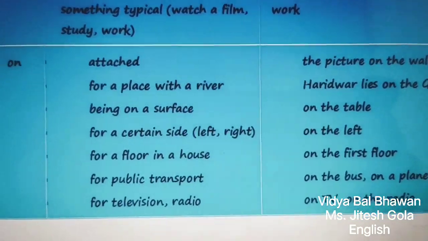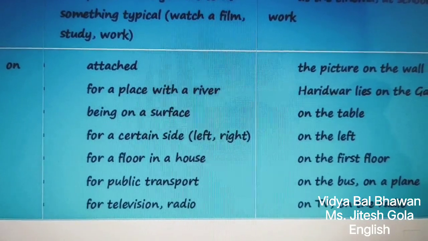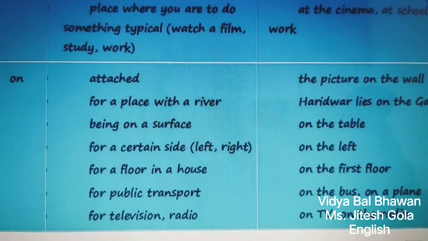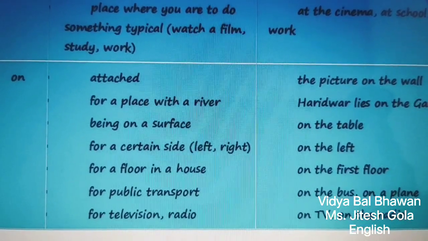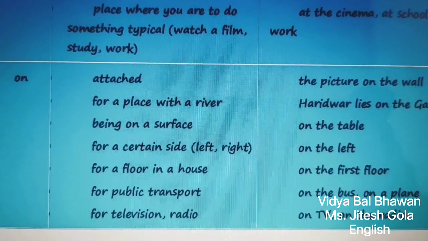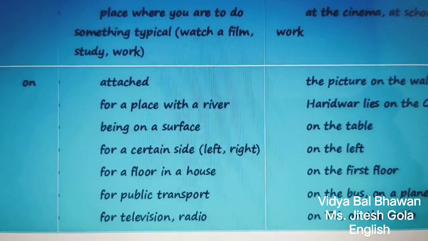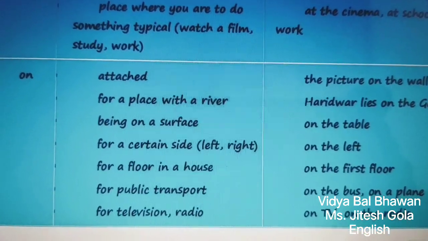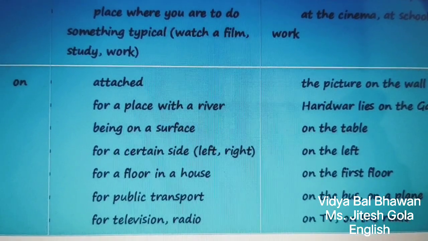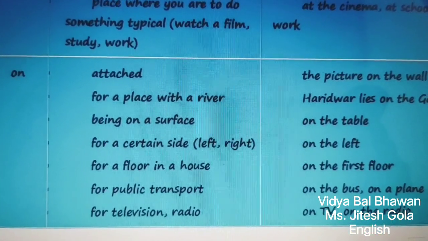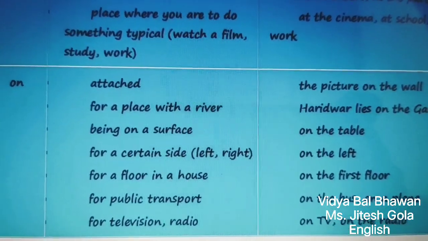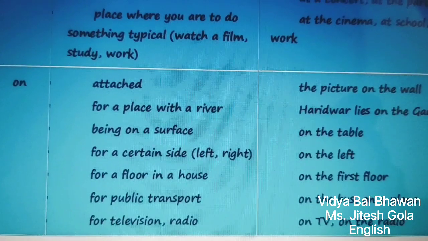So these are the different usage of on I have taken here, and by using these you have to prepare, you have to do the practice of different sentences. Clear? So quickly each and everyone write down the sentence using on, quickly with both time and place. The separate two sentences you have to write down, one for time and another one for place.